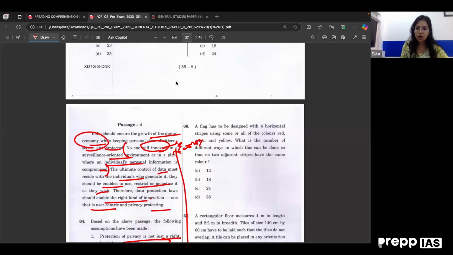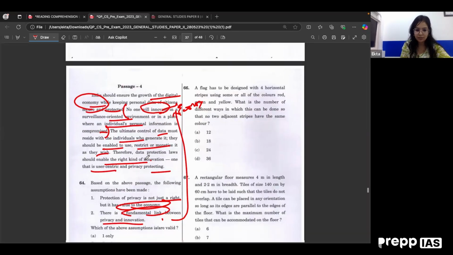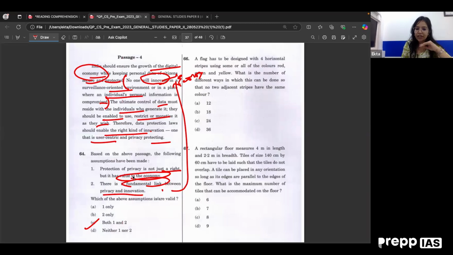Okay, I was not able to understand the negation method. So tomorrow, in tomorrow's passages, I'll illustrate the negation method. Azhar, it's like, if you are negating a statement, any assumption that is given, for instance, protection of privacy is not just a right, but it has value to the economy. Or let's say the second statement, there's a fundamental link between privacy and innovation. If I'm negating this statement, saying that there is no fundamental link between privacy and innovation, then